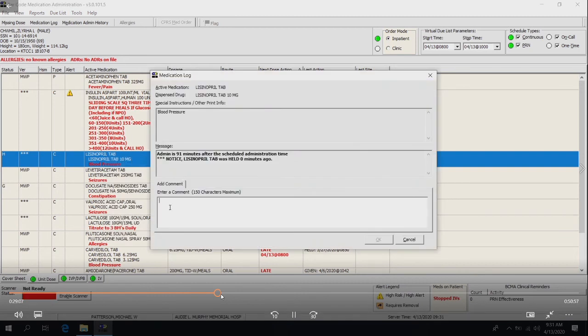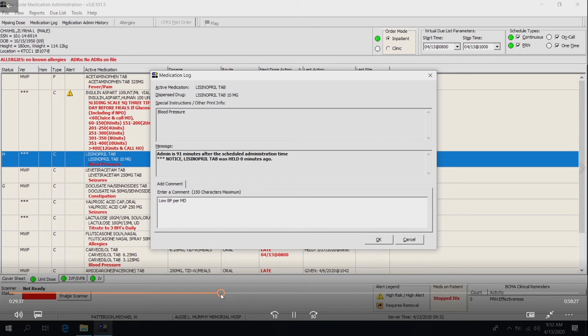So again, it's going to bring up information about it. It's 91 minutes late. It was held. What kind of comment? So you've just held the medication. You've called the provider. What kind of information do you think we'd probably put in that box? Another question, the reason. You can put the reason back as it was, a low or out of line. How is the low BP for MD or to... Okay, perfect. Let's do that. So low BP